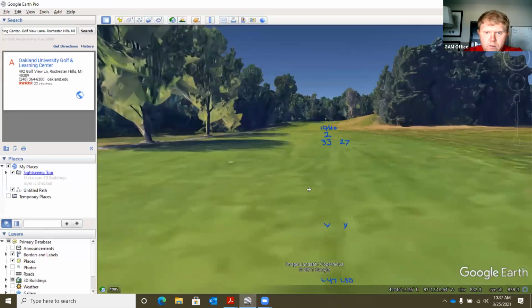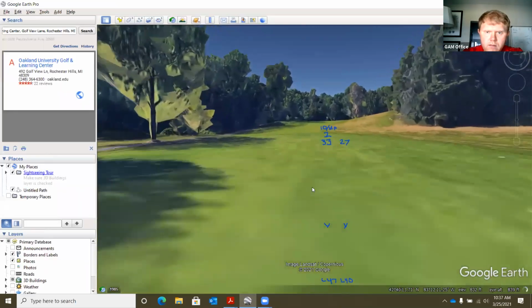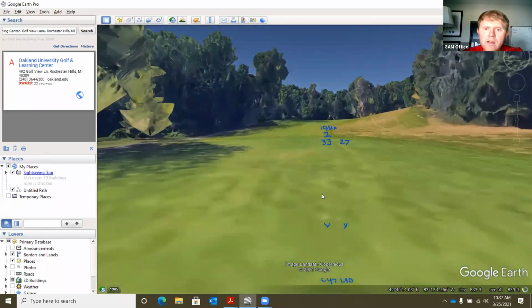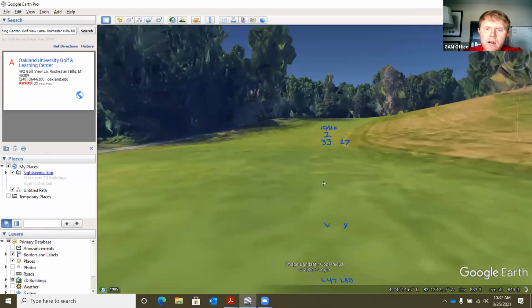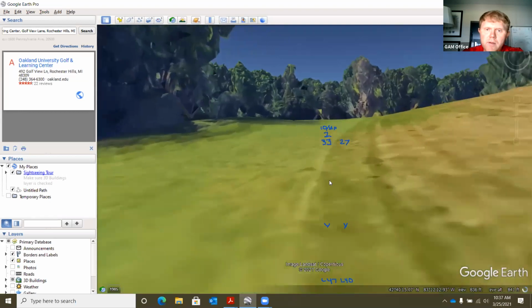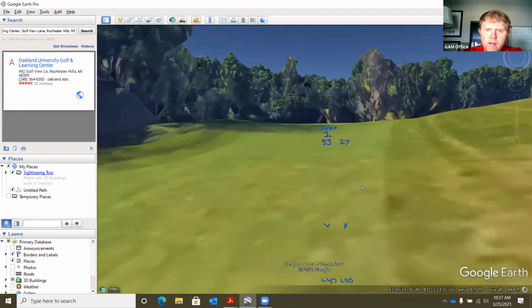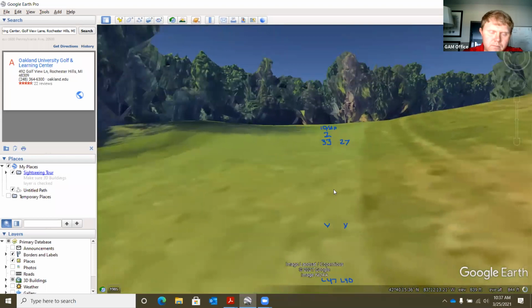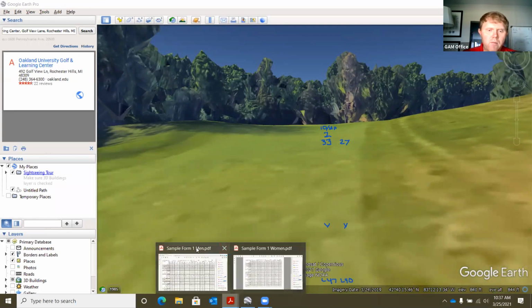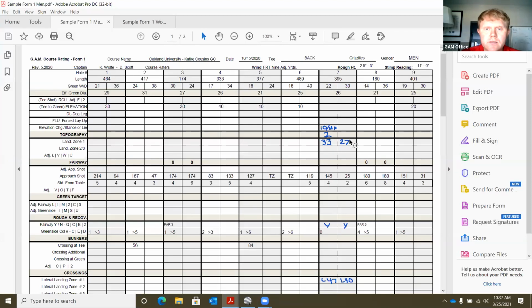So now we're going to hopefully go forward slowly up here to 25 yards, wherever close to where our landing zone is. You can see there's a little bit of an uphill climb here. So remember when we're hitting our shot on our form 1 here, we're going to 25 yards, but we're coming down in the air